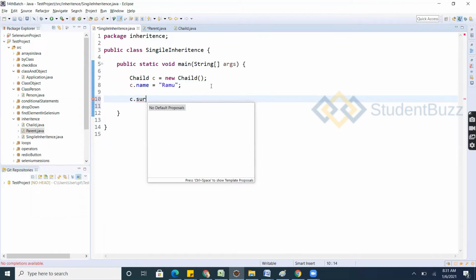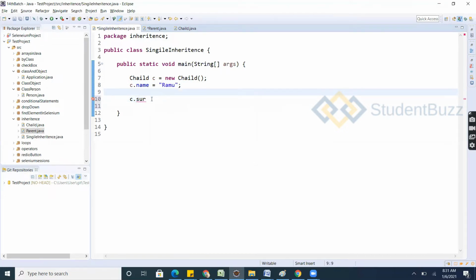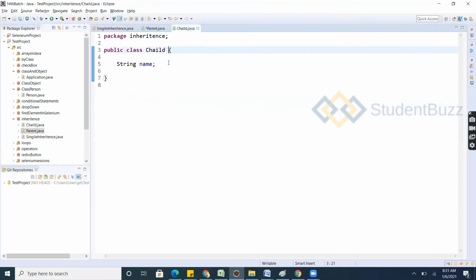So I'm giving this, and it is asking for c dot surname. So surname also I want to give, but I'm not having surname as a data member in the child class. The child class does not have the data member surname because it has to come from the parent. Whatever the parent is having as surname, that has to come. So when it has the relationship, only then you'll get it. So what relationship? Parent and child. The child extends the parent.